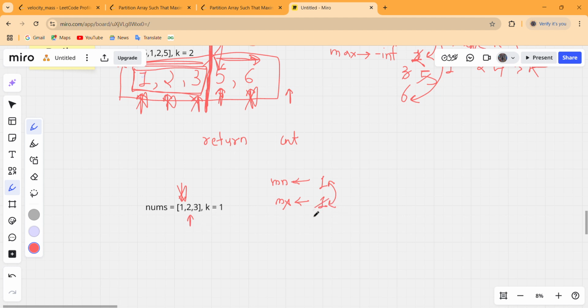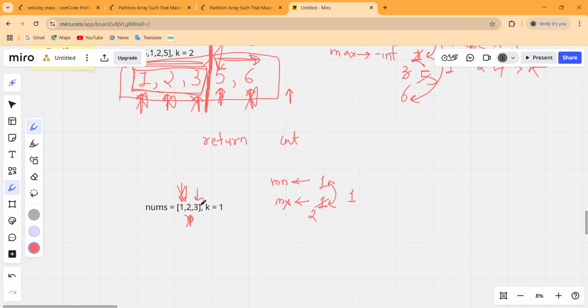The maximum will this time be 2 and minimum is 1 and the difference is 1, and 1 is less than or equal to k, so do not do anything and move to the next iteration.